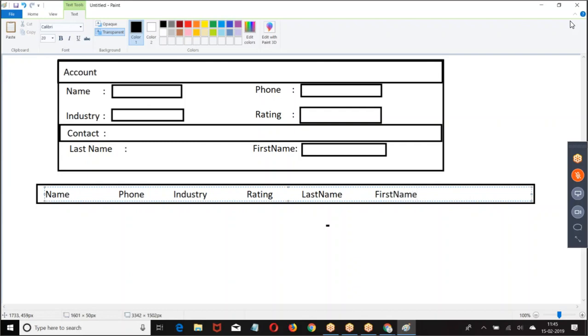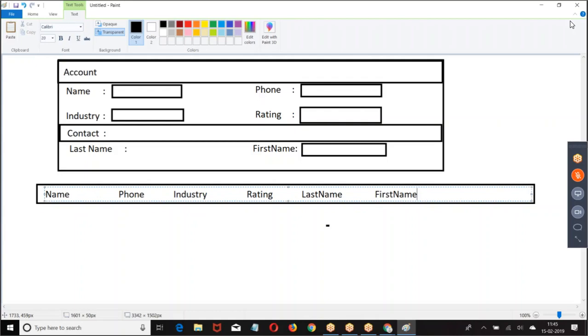Now, account and contact together is one record. Account alone I am not taking, contact alone I am not taking. When I say one record, it is a combination of one account and one contact. Now tell me, how do you create the data type? Already we have account, I can take it. Already we have a contact, we can take it. But I want one account, one contact as a single record.